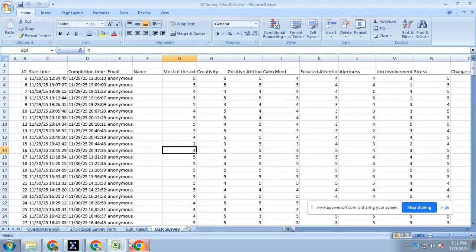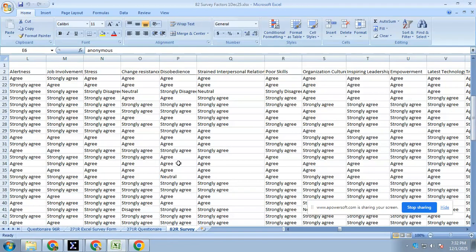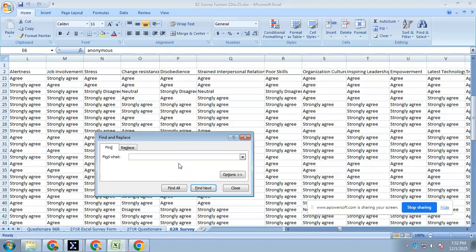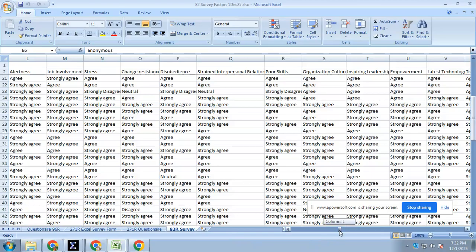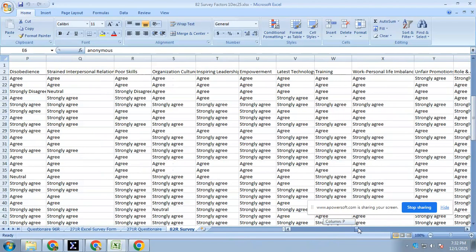How to convert it is Control F, and here we get replace. So here we can write strongly agree and replace it with 5, then agree and replace it with 4. This way we can replace all of them, and the demographics like manager, supervisor, academician,